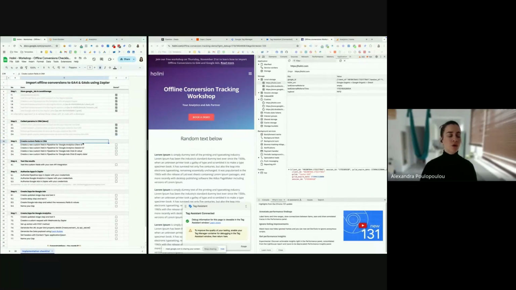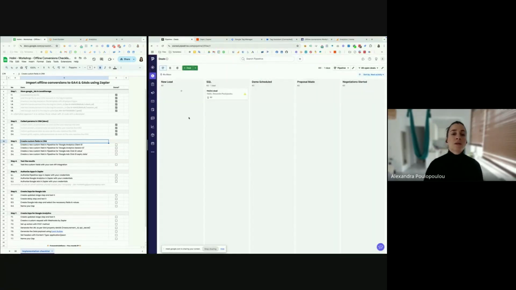So I will move to the third step and the Pipedrive. We have captured the Google IDs from the website and the visit of our customer, a potential customer. We have stored them in local storage, and we retrieve this kind of information using JavaScript with the help of our developers.